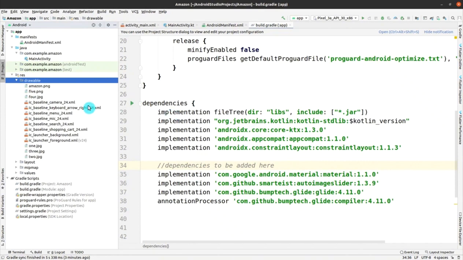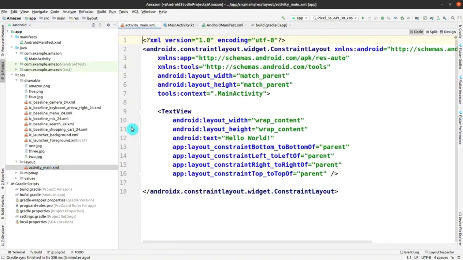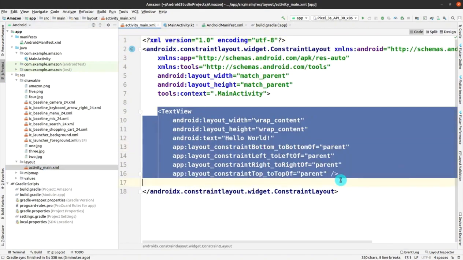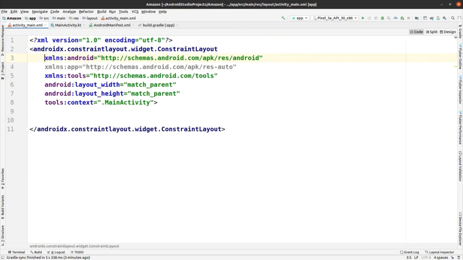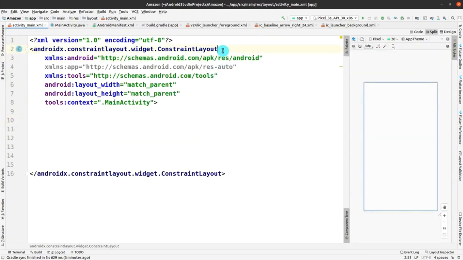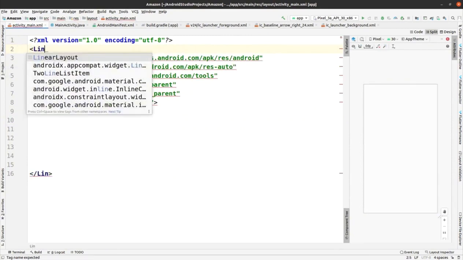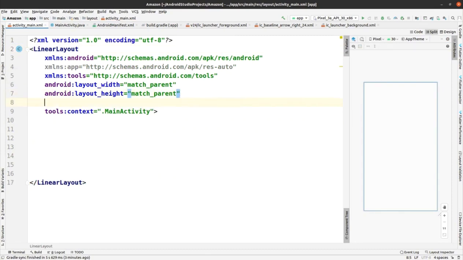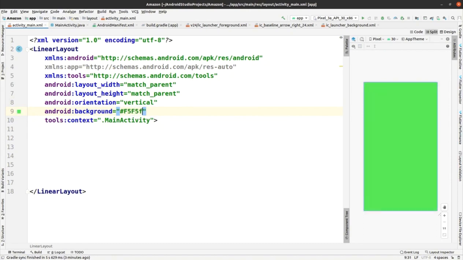So all good. Now come to this layout and choose the main activity, delete this text view and also minimize this. Yeah, now you can see the window, and remove this constraint layout, and instead of that layout you have to add linear layout. And for the linear layout the required thing is orientation, that is set as vertical. After that you have to give the background color, and I'm taking the hex value and just type it as